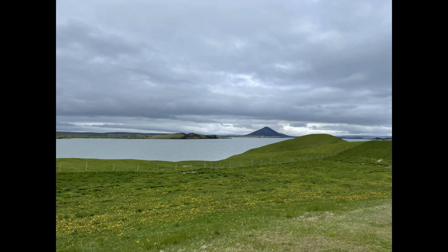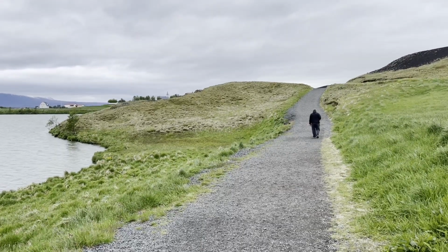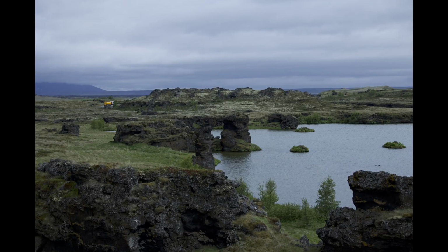And probably the big thing that people are doing besides the waterfalls are going to Lake Myvatn. Myvatn is a translation for the midge, which is a fly. It's named after these little gnats and flies. They're going to be all around the lake. So we're here in Lake Myvatn,